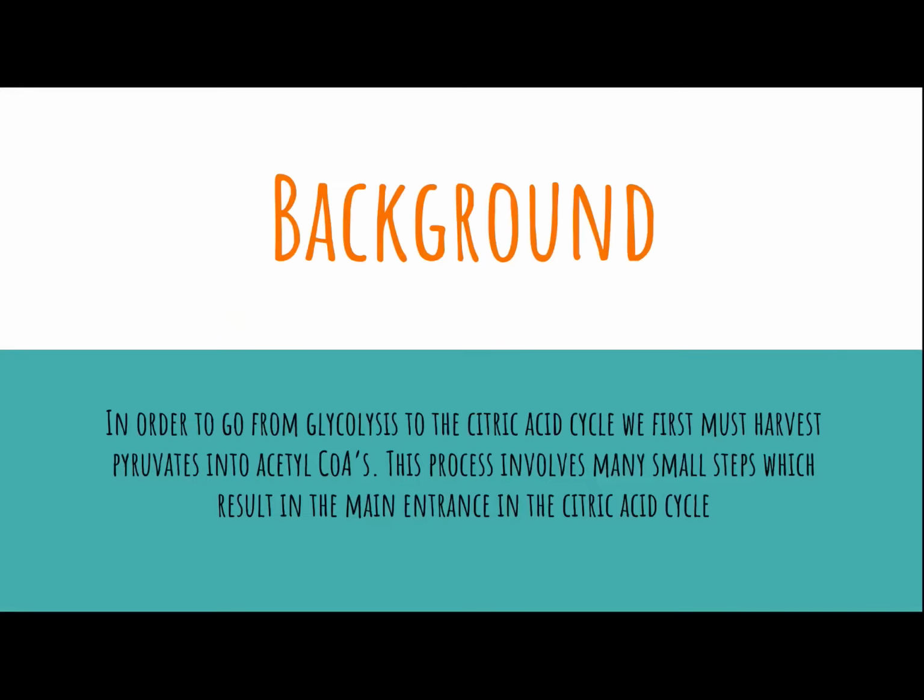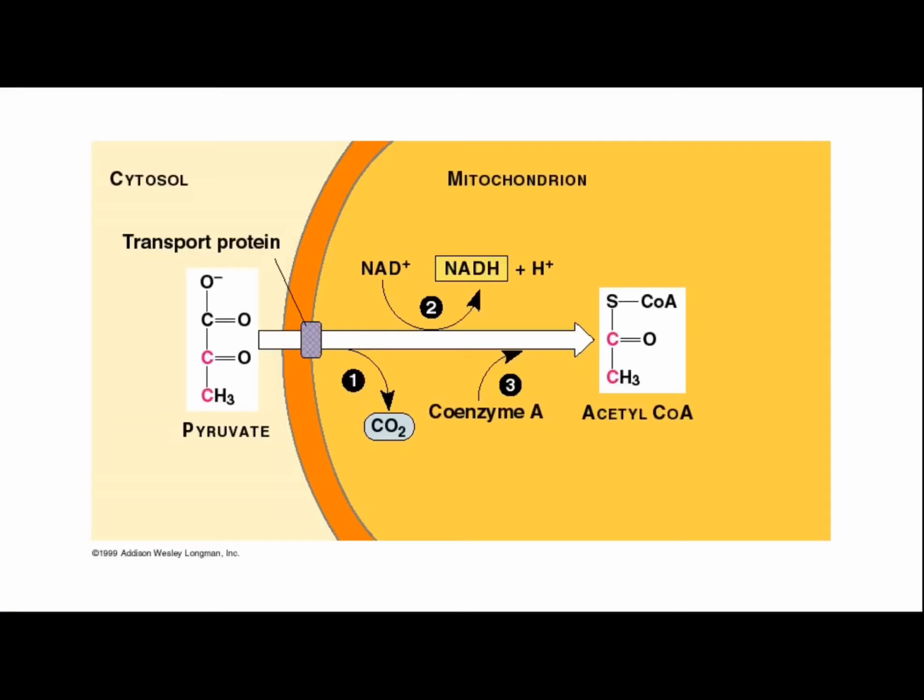So some background information. This information was given to us with the instructions. So here we were told that in order to go from glycolysis to citric acid cycle, we first must harvest pyruvates into acetyl CoAs. This process involves many small steps which result in the main entrance of the citric acid cycle. So here we have from pyruvate to acetyl CoA,